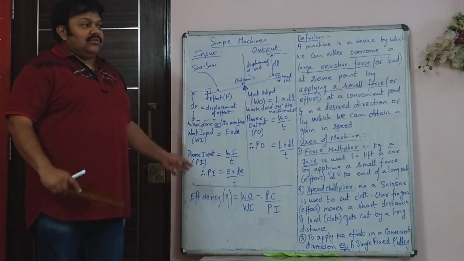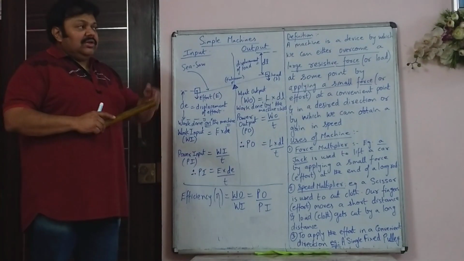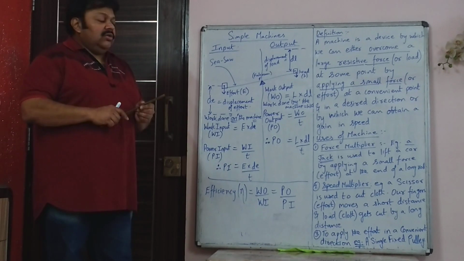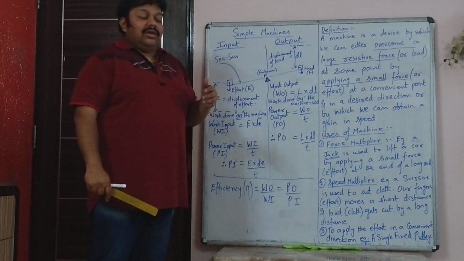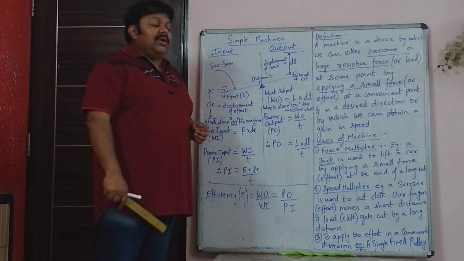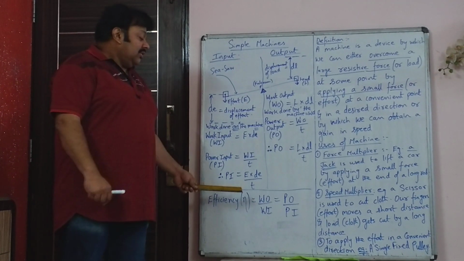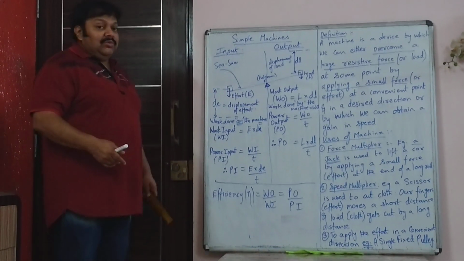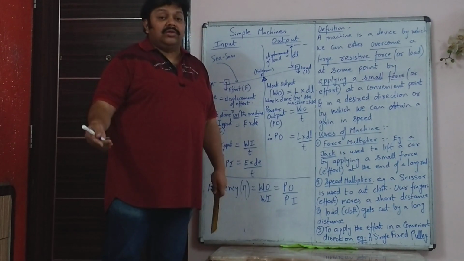The reason why no machine will have an efficiency of 100% is there is going to be friction. There are parts of the machine which are moving, so obviously at that time there will be friction. So the main reason for loss of efficiency is friction and energy lost in the form of heat due to friction between the moving parts of the machine. So the greater the efficiency, then you can say work output will be almost equal to work input. If the machine's efficiency is low, then in that case you will say the output is low as compared to the input.